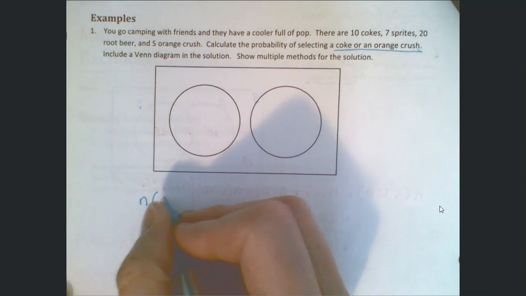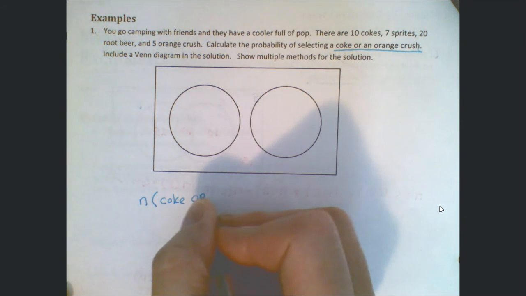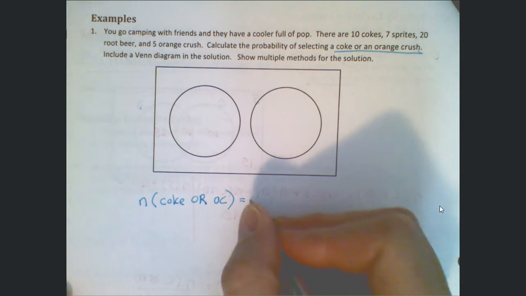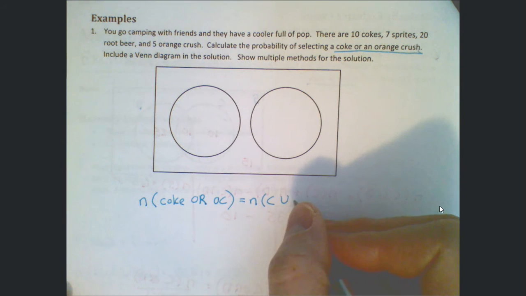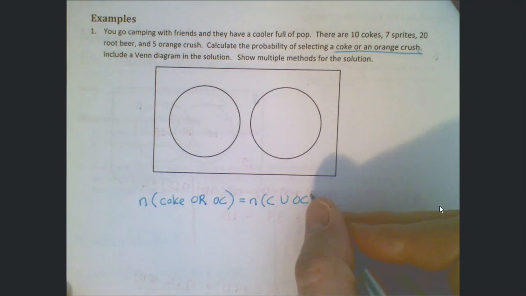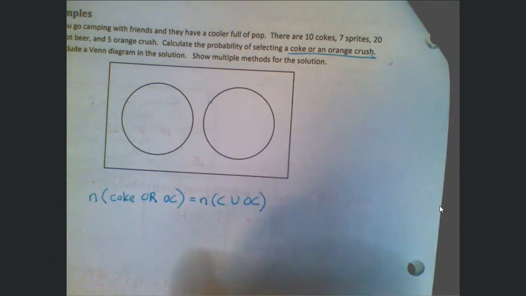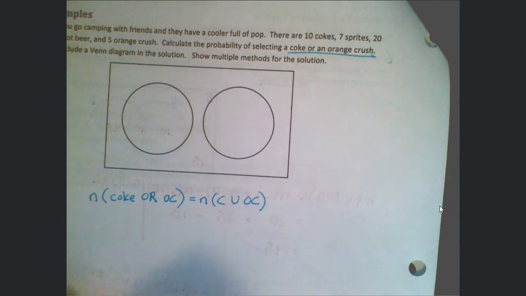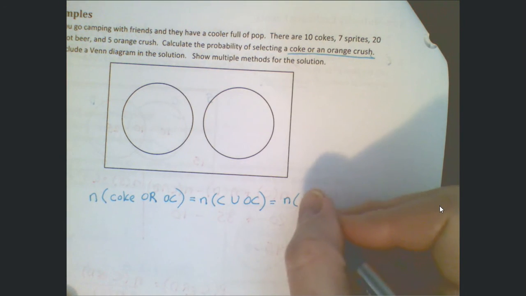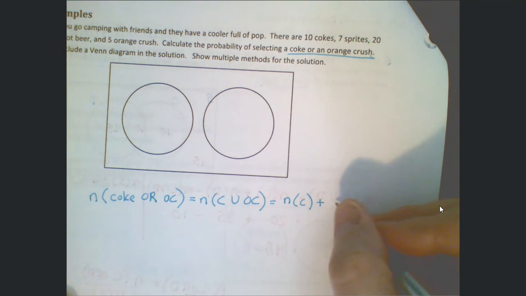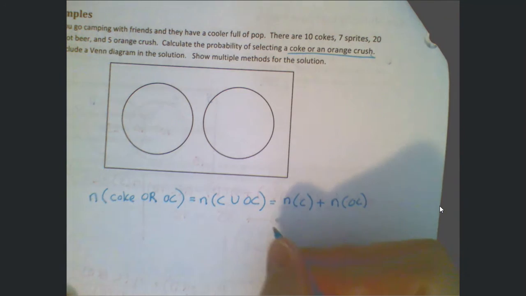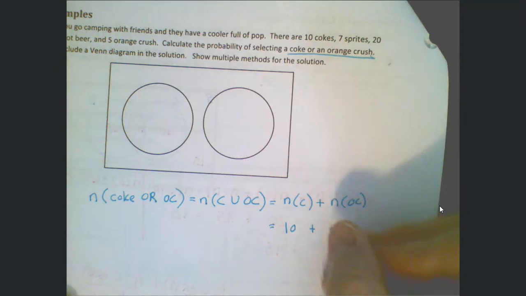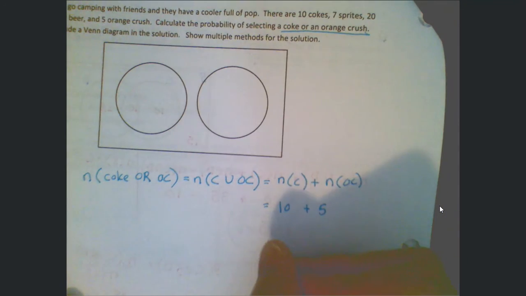basically the number of Coke or, I'll say OC for Orange Crush, like this. The other way of writing it is just C union Orange Crush, like that. And so, all we need to do in this case, since these are mutually exclusive objects, where there's no overlap of these things, is find the number of Cokes plus the number of Orange Crush. The number of Cokes is 10, the number of Orange Crushes is 5, and so there are 15